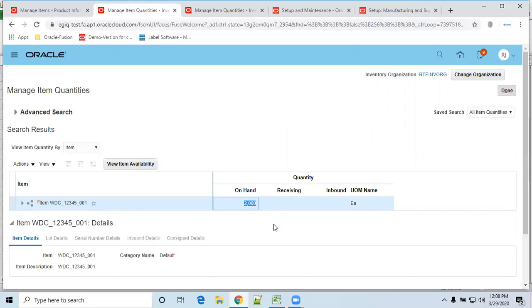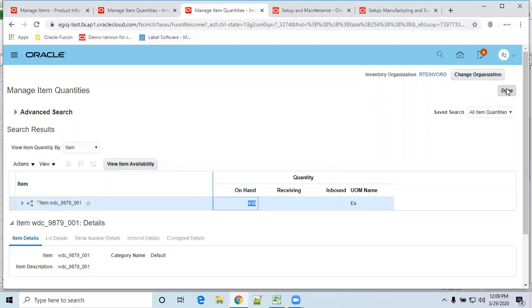That is why, even if you receive in bundles, it will show on hand quantity is 2000 here. Now if you do the issue, for example, if I do the issue for one quantity of bundle, what will the system do? System will deduct 1000 on hand quantity from manage item quantities.